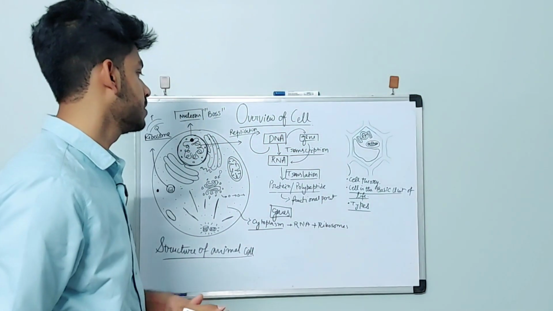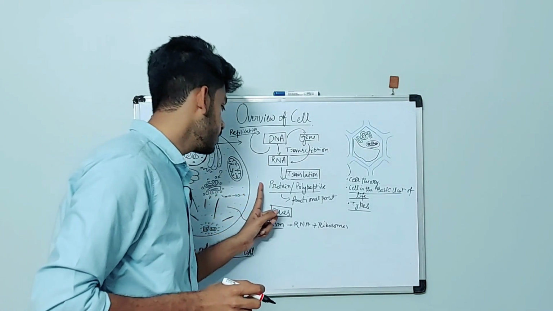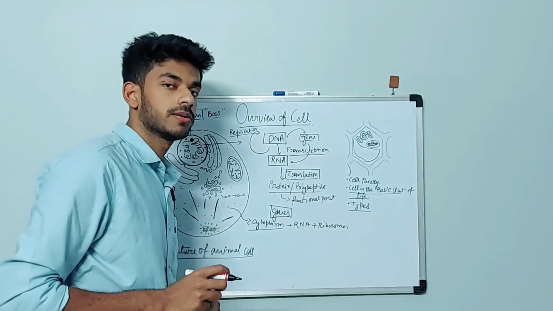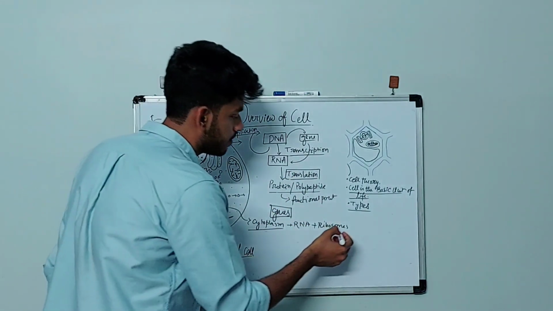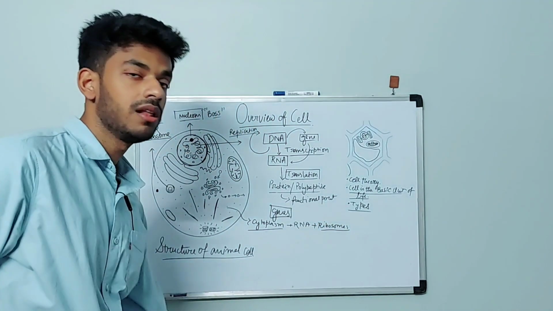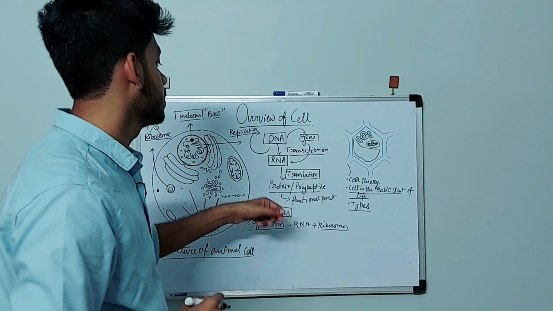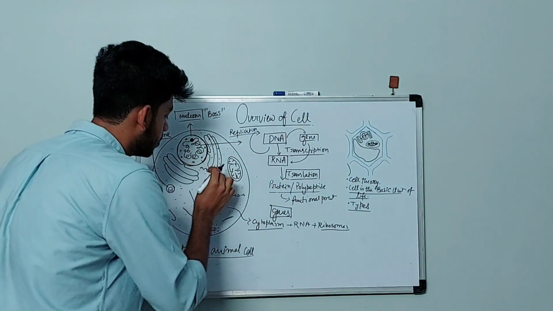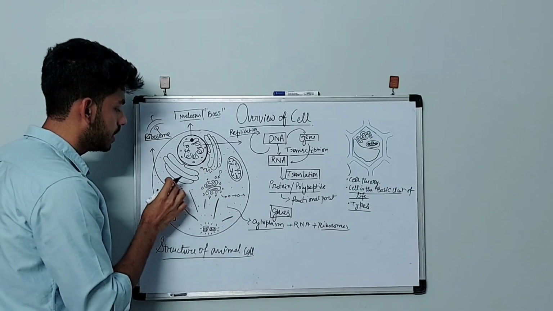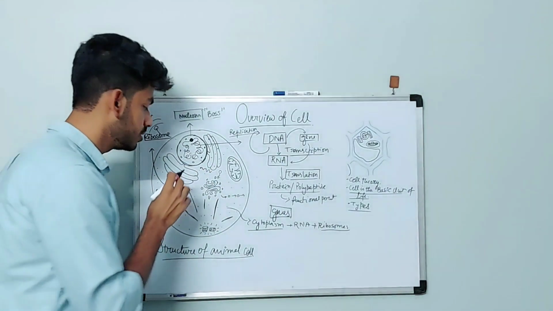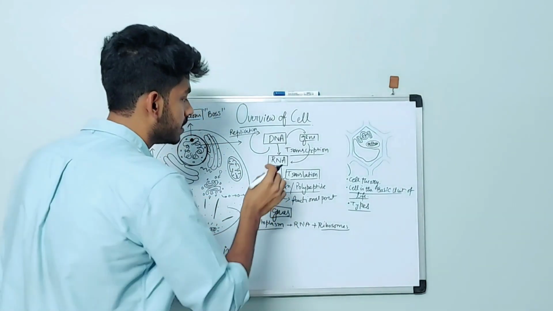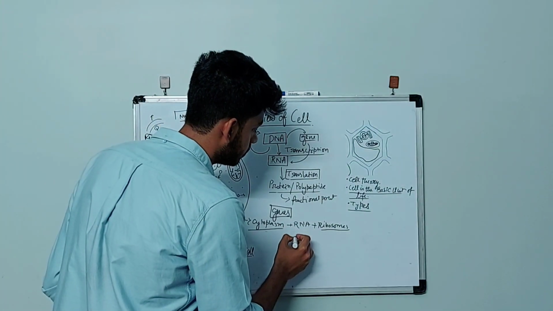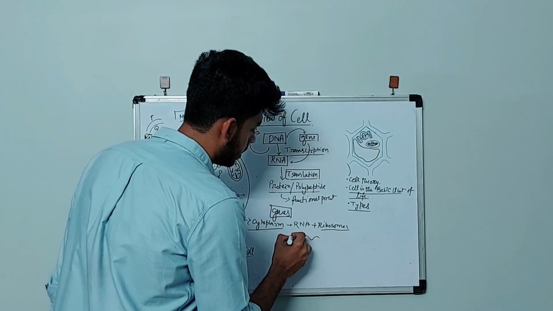So I have mentioned that RNA is converted into protein via a process called translation. Who does this process of translation? The answer is the ribosomes. The ribosomes of a cell carry out translation. So what will happen? When the RNA comes into the cytoplasm, the ribosome that was in the cytoplasm will come and sit on the RNA, and it will make protein from the RNA. Okay, so there is RNA, and protein,